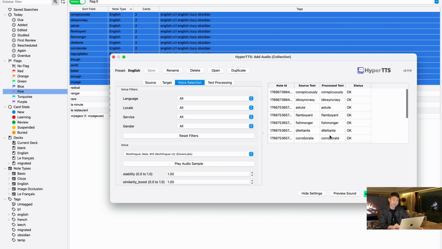Well, let's move on to the long syllable words. Conspicuously. Idiosyncrasy. I would say it's pretty good. The long syllable words perform surprisingly well in terms of tone and rhythm, and the enunciation doesn't trouble me.